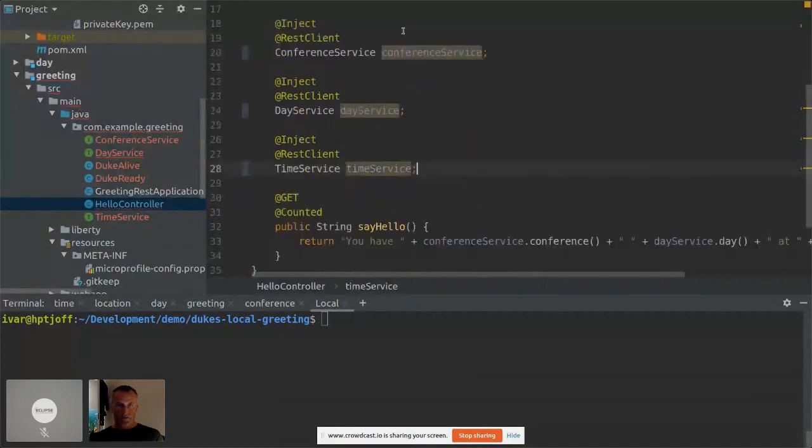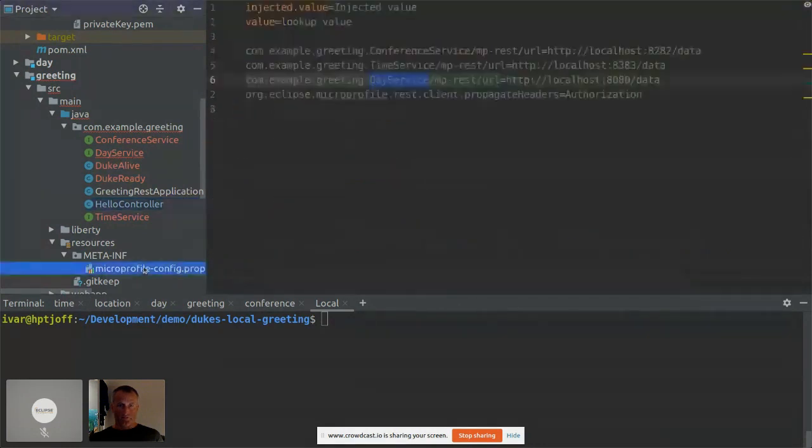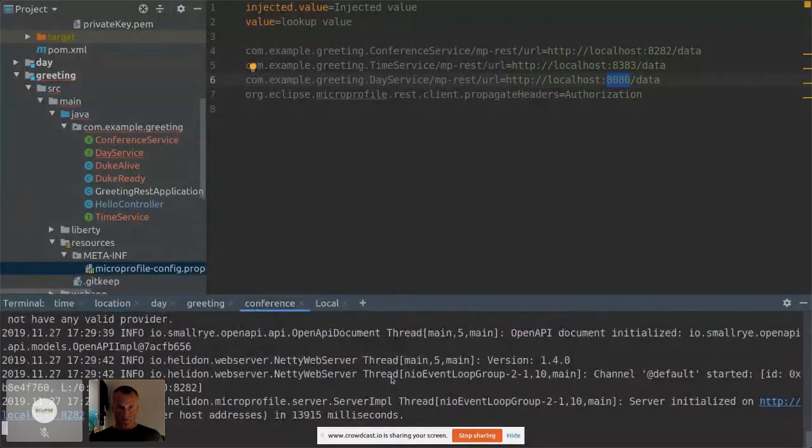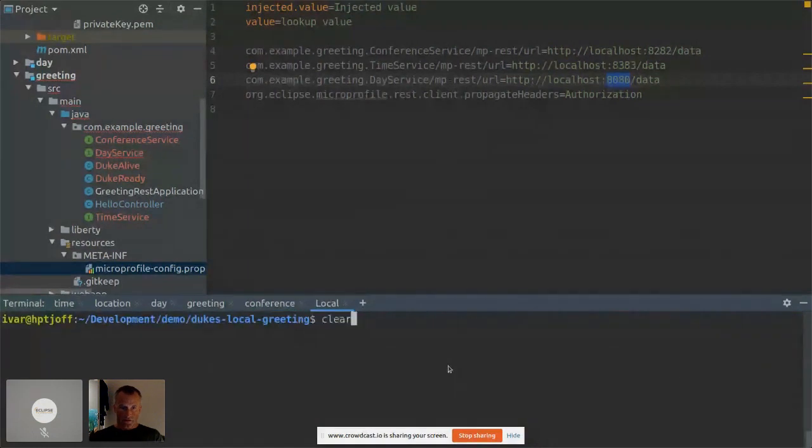So what we've done now is inject endpoints. We created the REST client for all these services, and we've configured them here, so that these are running on 82, 83, and 8080. We have checked that the location service is up and running, the conference service is up and running, and if we call the conference service,